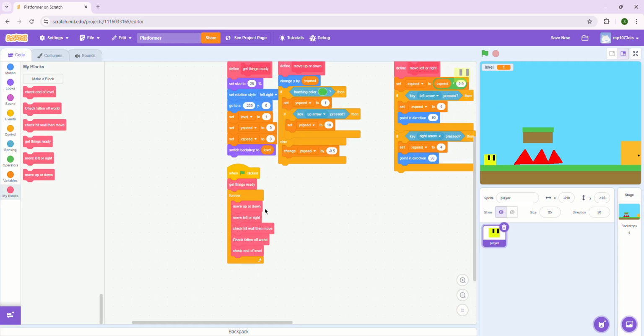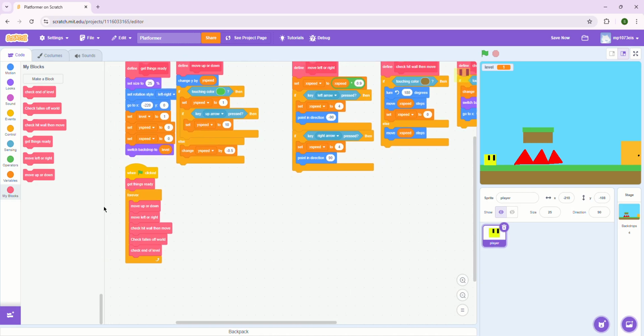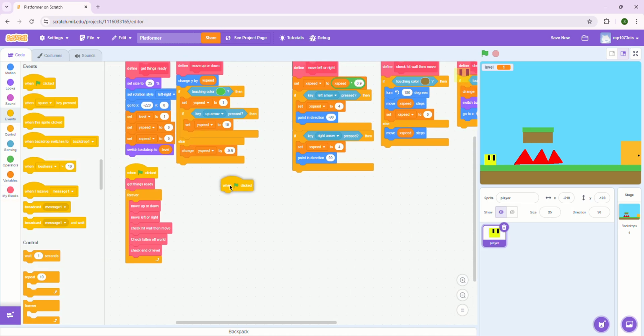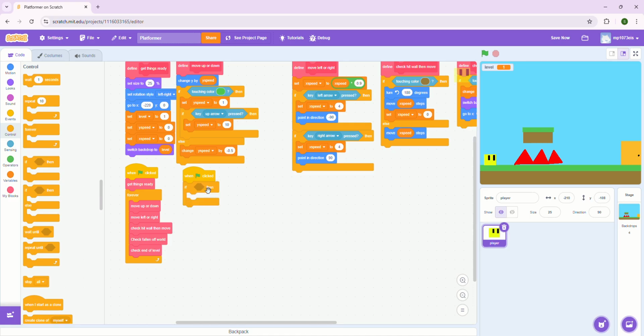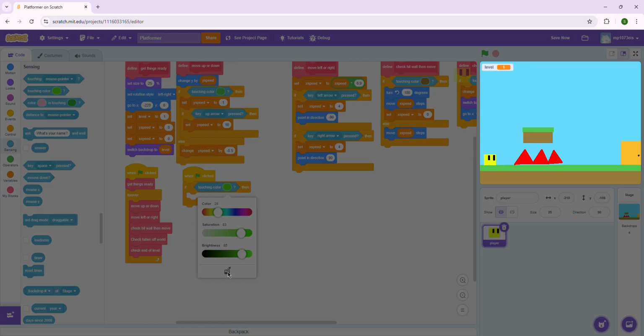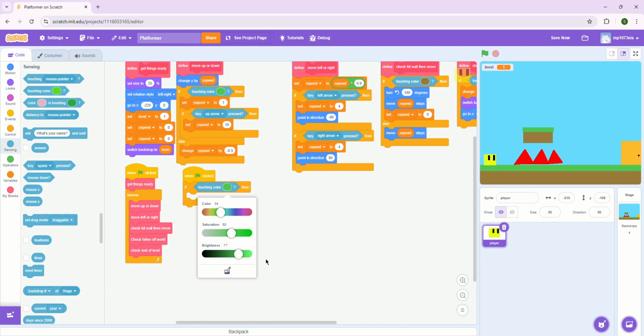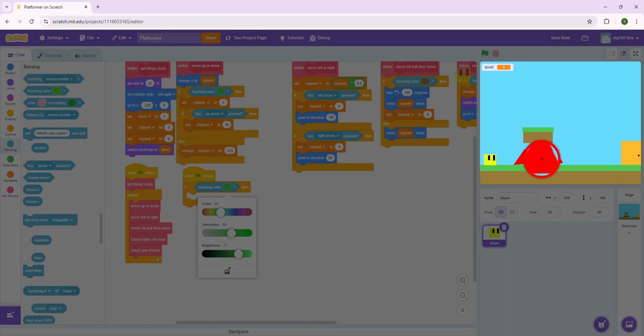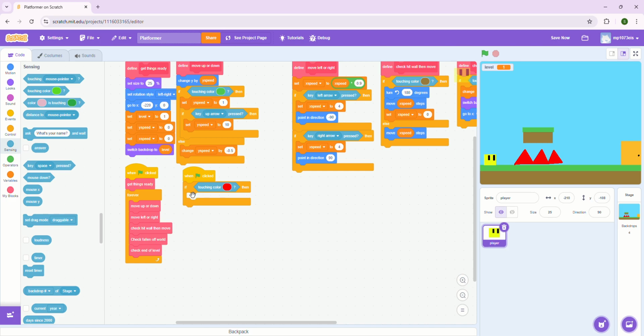We need to go back to the player. And also, I'm going to add another when this clicked. Then I'm going to go to if then, and then we're going to go to sensing, if touching color, whatever it is. If touching color this, no, wait, no, if touching color this red, then